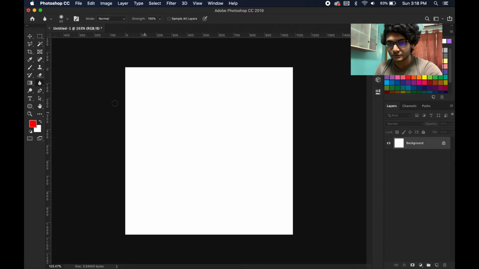This is the dodge tool. The dodge tool is actually required for modeling and stuff. For example, if you want to do photo manipulation of a girl or a boy who is the model, then you can use the dodge tool to make things better. The dodge tool, as far as I know, brightens the skin.